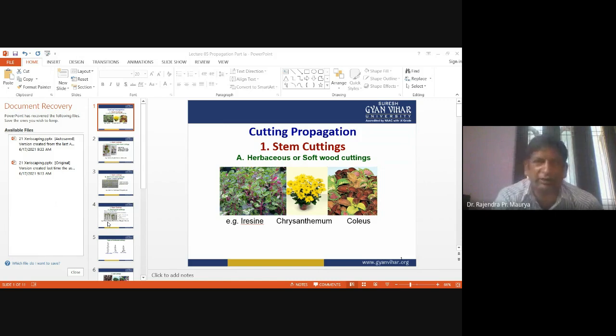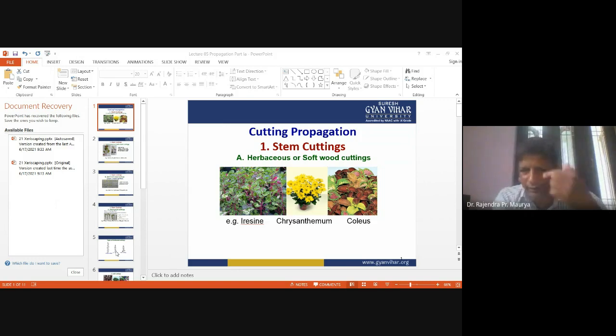that we can use either in powder form, or maybe in liquid form or in gel form. So the bottom portion where we have to develop the roots, we have to treat with the rooting hormone, that is the auxin, IBA, indole butyric acid, which is the best rooting hormone. Okay, so that is helpful.